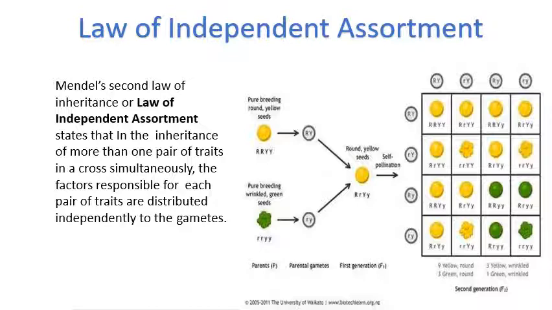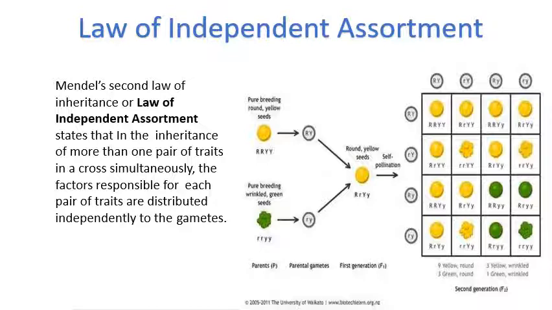Now you can see in the cross, pure breeding yellow round seeds are RR and YY, the dominant. The gametes will be capital R and capital Y. And the counterpart, pure breeding wrinkled and green seeds, have the recessive genes, small r and small y. When they are combined, the phenotypic ratio will be round yellow seeds, but the genotypic ratio is capital R, capital Y